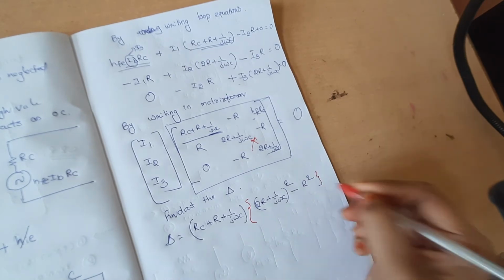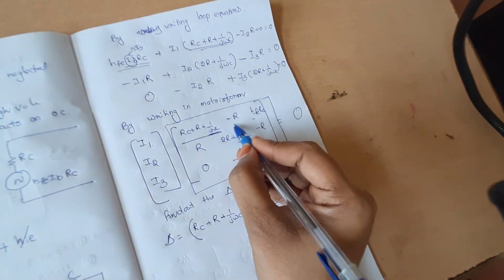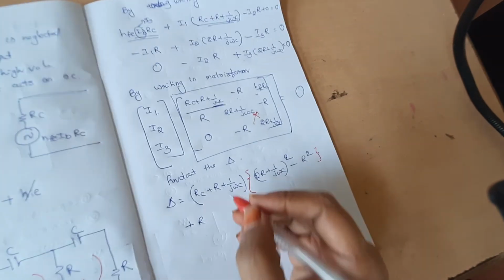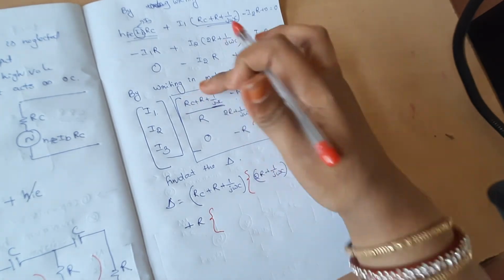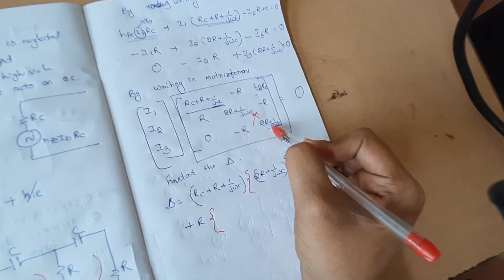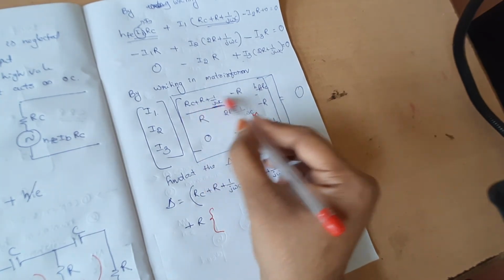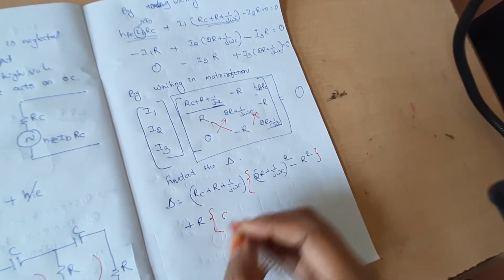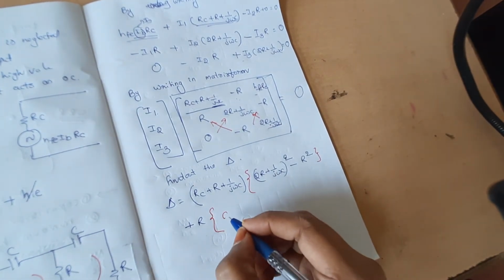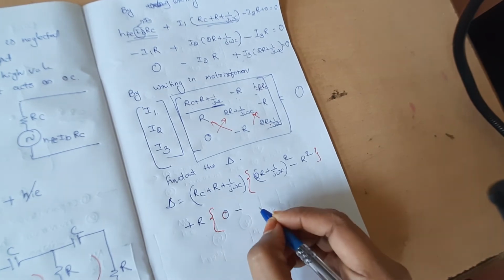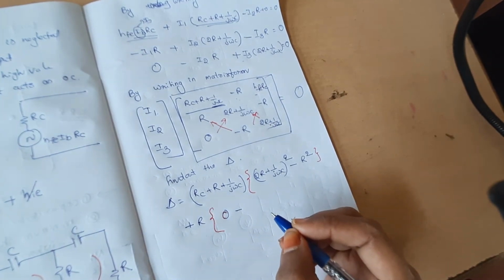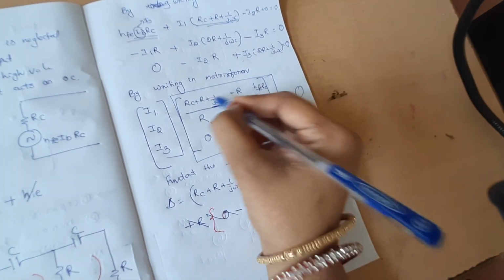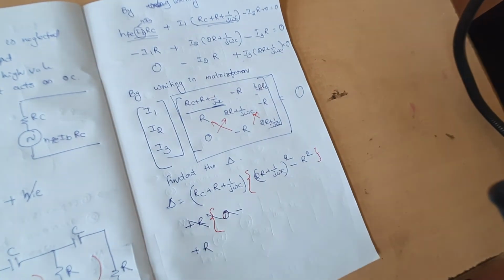So that is the first term. And the second term is equal to minus R. So again minus into minus plus. So the second term is minus R into... Now this column we leave as zero. So without these terms, we do the cross multiplication of these two. So zero, minus, so first second term, so plus R.